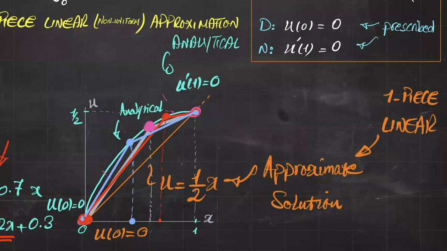So the slope here is 0, but if you did a two-piece linear, you get a better approximation compared to a one-piece linear. For a one-piece linear, the slope that we got was 1/2, right? You can see it clearly here. For a two-piece uniform, the slope that we had was 1/2 of that. So it was sort of 1/4